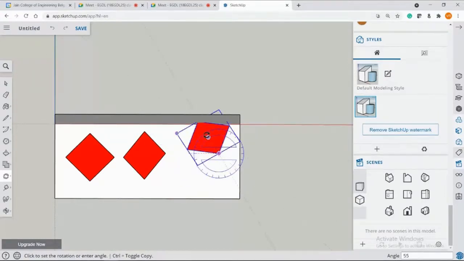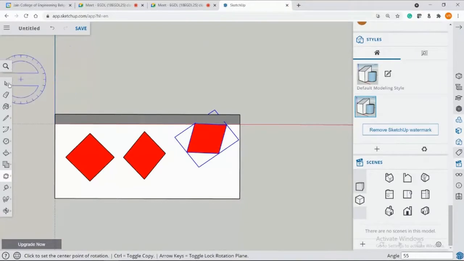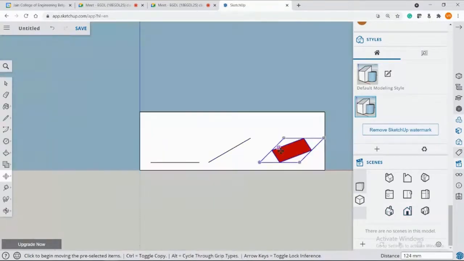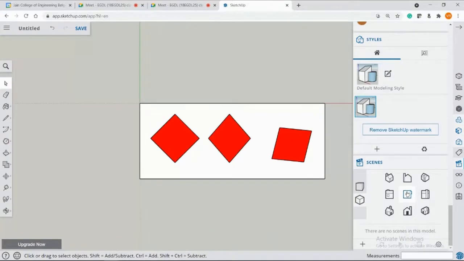I'll change it to 55 degrees and see what will be the change. You can see the front view. Earlier it was smaller, now it is bigger. And this is your top view. Everything is the same. There is only a small change.